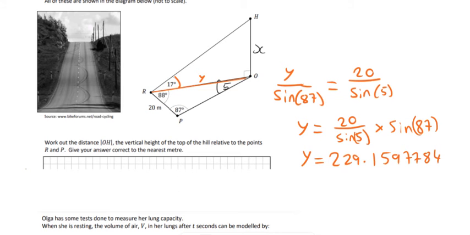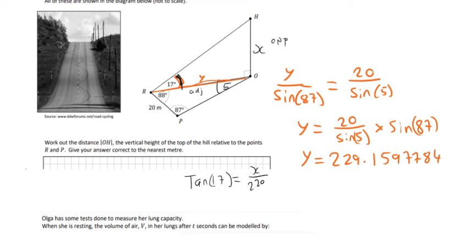Now you know y, so you have an angle and a side in the top triangle. We can use SOHCAHTOA. If you look from the angle 17 in the diagram, x would be the opposite and y would be the adjacent. So it's opposite and adjacent, so I'm going to use tan. Tan of the angle 17 is equal to the opposite, which is x, over